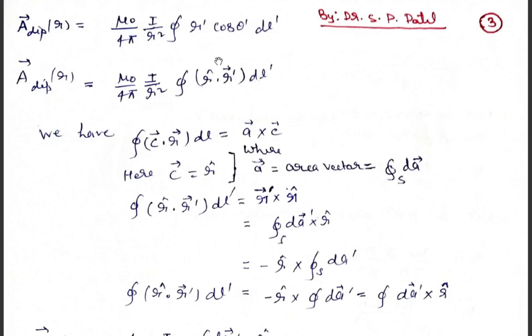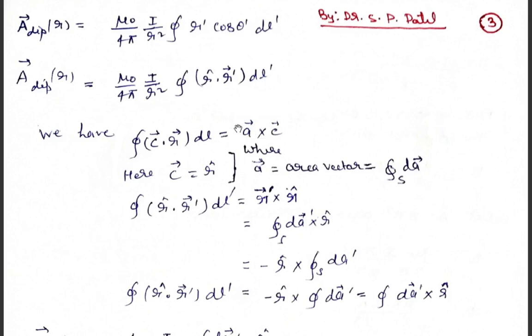इस एक्सप्रेशन को अगर हम इससे कंपेयर करें तो अगर देखें तो हमारे पास जहाँ पे dl प्राइम है वहाँ पे dl है, जहाँ पे r वेक्टर है वहाँ पे हमारे पास r प्राइम वेक्टर है, जहाँ पे c वेक्टर है तो वहाँ हमारे पास r यूनिट वेक्टर है. ठीक है, इसका मतलब कि हमारे वेक्टर पोटेंशियल वाले में जो ये लाइन इंटीग्रल का टर्म है, इस टर्म को हम लोग इस तरीके से लिख सकते हैं.